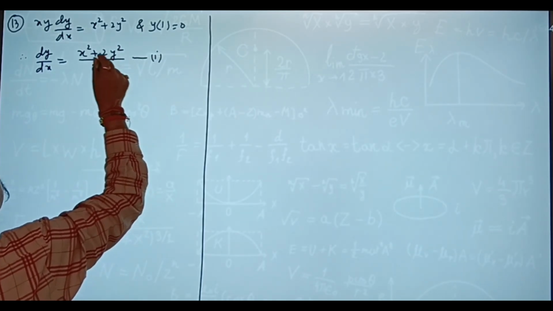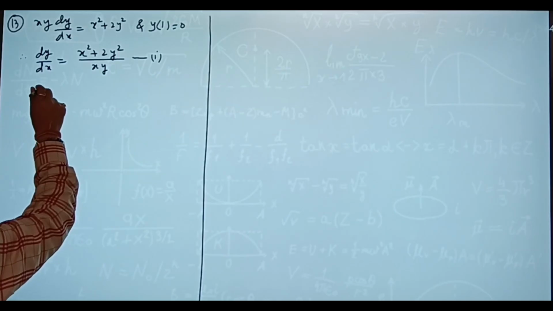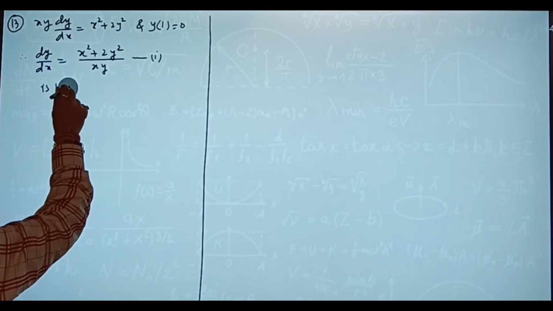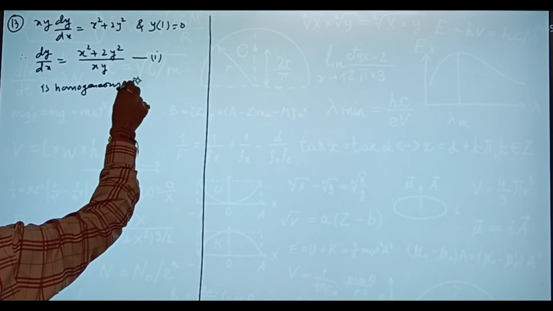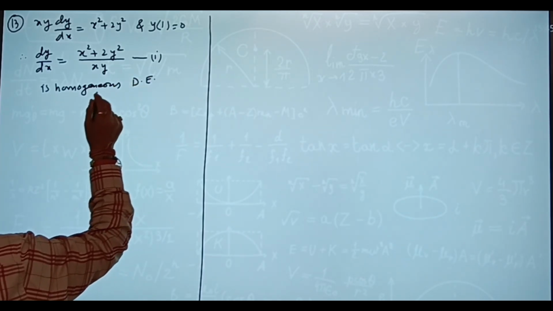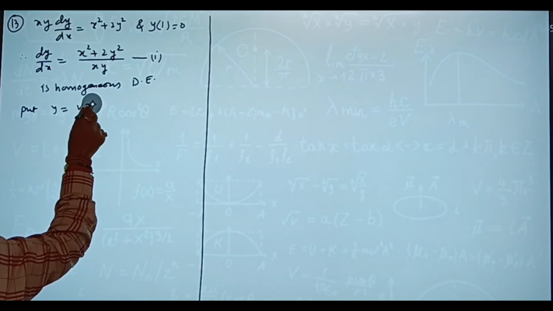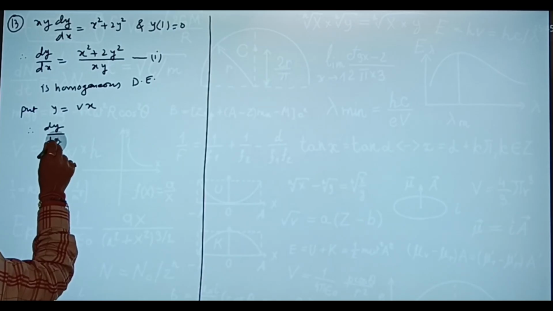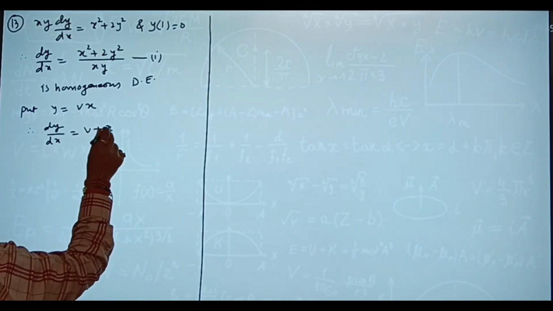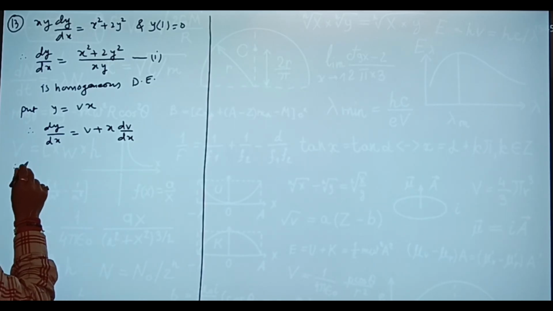Now degree of each term in numerator and denominator is what? 2. Therefore it is what? Homogeneous differential equation. Put y is equal to vx. So dy by dx is what? v plus x dv by dx. So equation 1 becomes